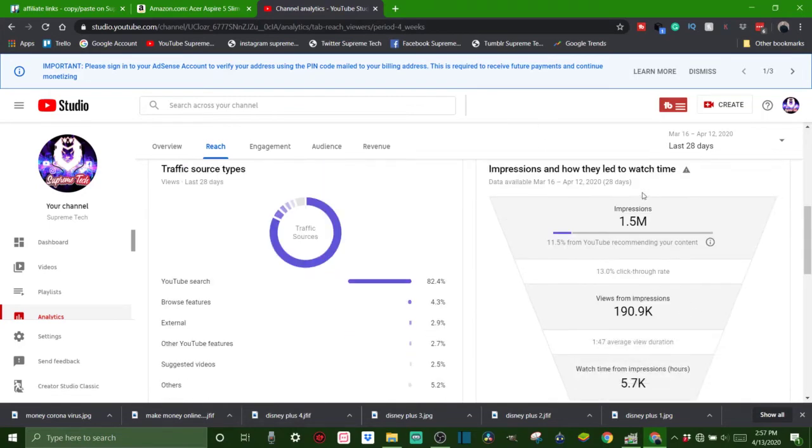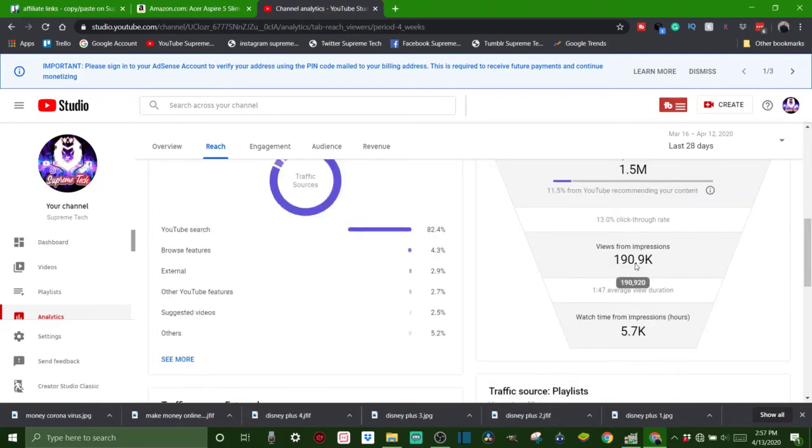see impressions, how they lead to watch time, and you can read these little things that they have for you to read. But as you can see, I had 1.5 million impressions, so that means how many times someone's seen my thumbnail, and 11.5% of people clicked on it. That's a 13% click-through rate. And then I had 190,000 views from 1.5 million impressions. Now the average view duration is 1 minute 47 seconds, and you can see the watch time is 5.7 thousand